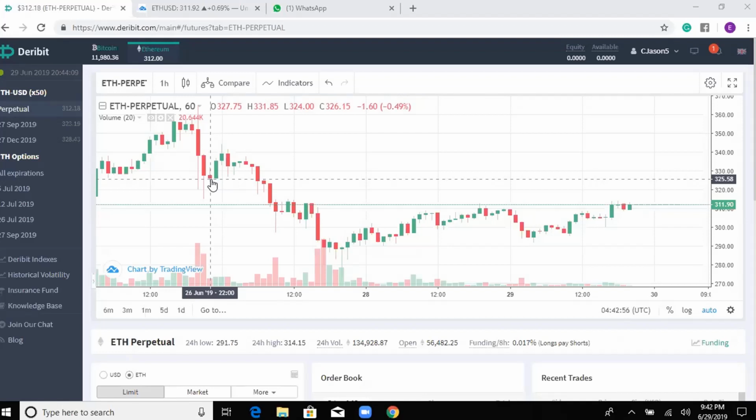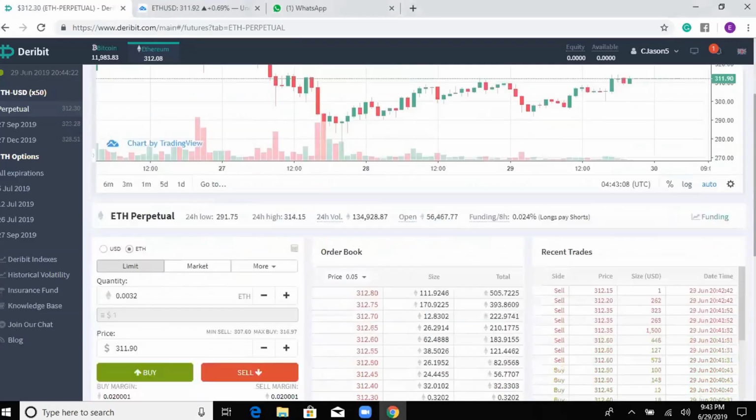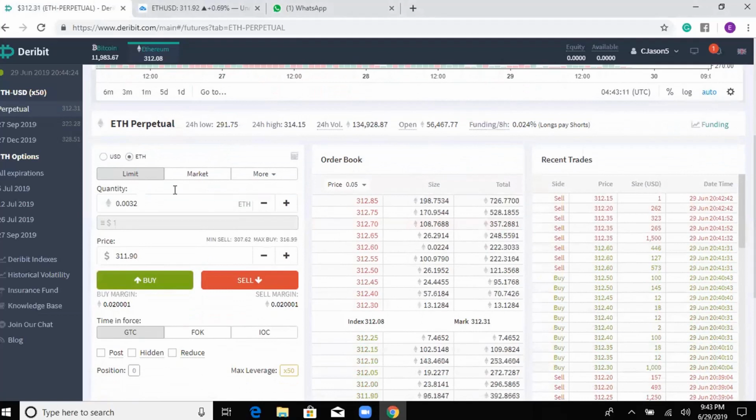Another thing I would quickly like to mention is, while you're trading, this part I'm about to tell you is really very important. I just want to quickly show you this. It's called the limit order here. You have the limit order, you have the market order. Now, what this means is, the limit order is you want to buy or you want to sell at a